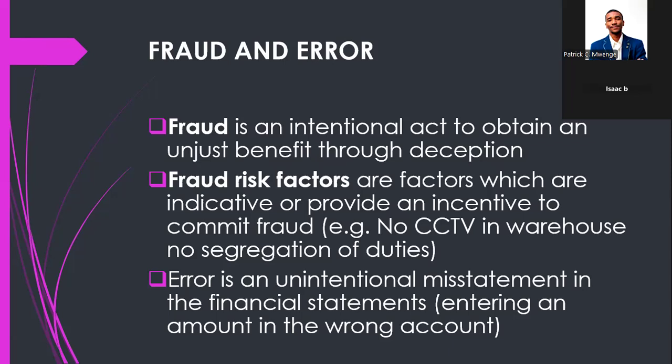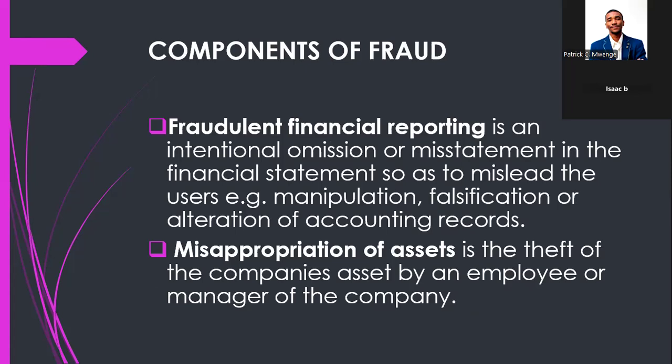It's called fraud. So now, what are the components of fraud? Fraud has two major components. One, fraudulent financial reporting. Two, misappropriation of assets. Fraudulent financial reporting is an intentional omission or misstatement in the financial statements so as to mislead the users. So basically, you are an accountant, you steal. Then to hide your stealing, you falsify documents, or you manipulate documents, or you change accounts,